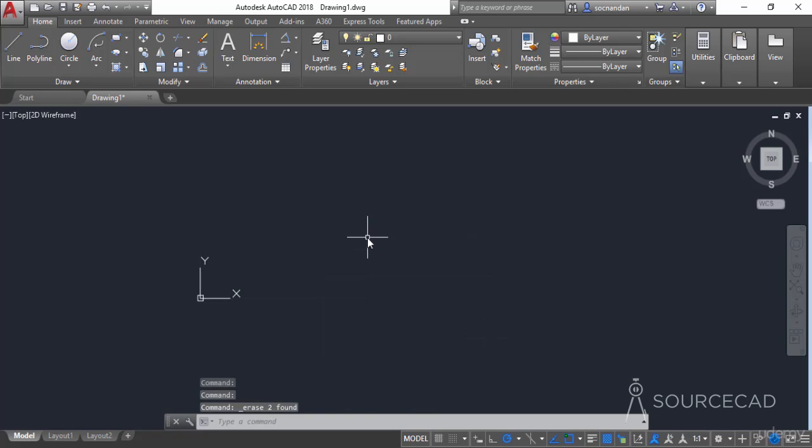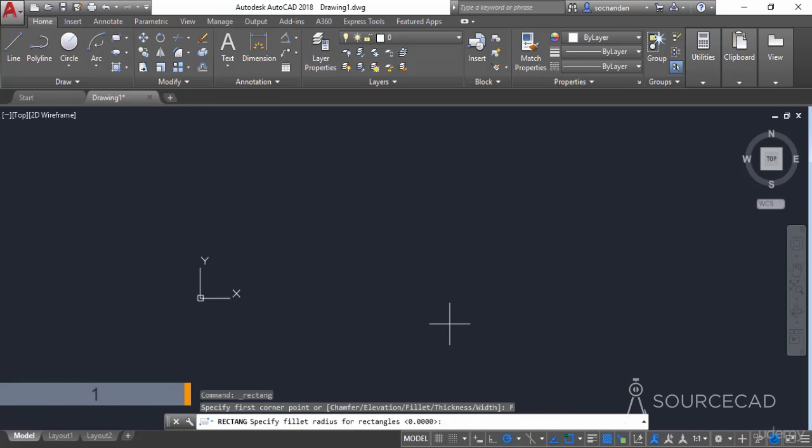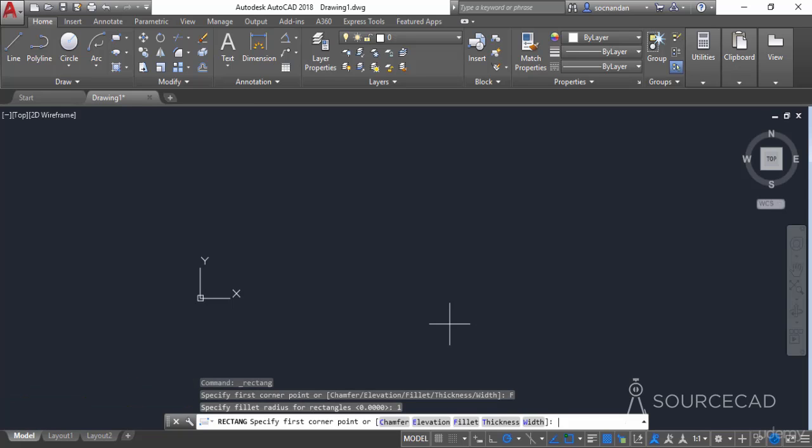Now we can also add some properties to this rectangle, and one of the properties is fillet or the rounded edges. So let's start this rectangle. And now look at the command line. So we have these multiple options here. I'll select the fillet, and now I'll enter 1 as the fillet radius. So we'll learn about fillets later on in the next module. And for this example, I'll simply make a normal rectangle with a fillet of 1 unit.